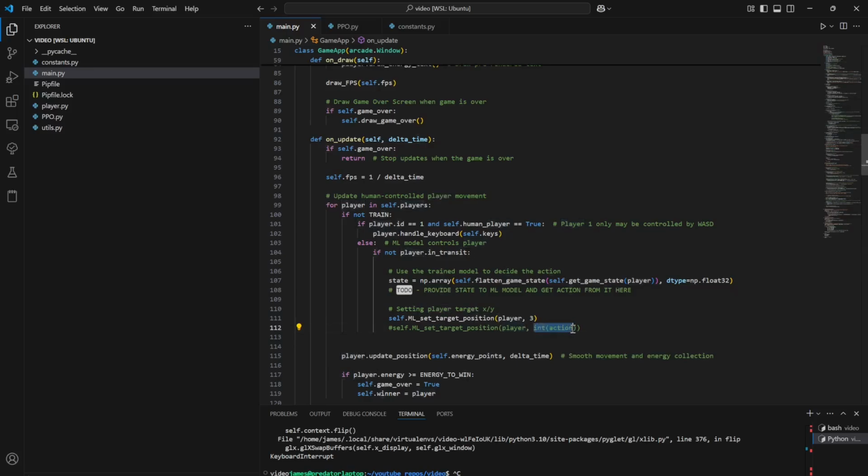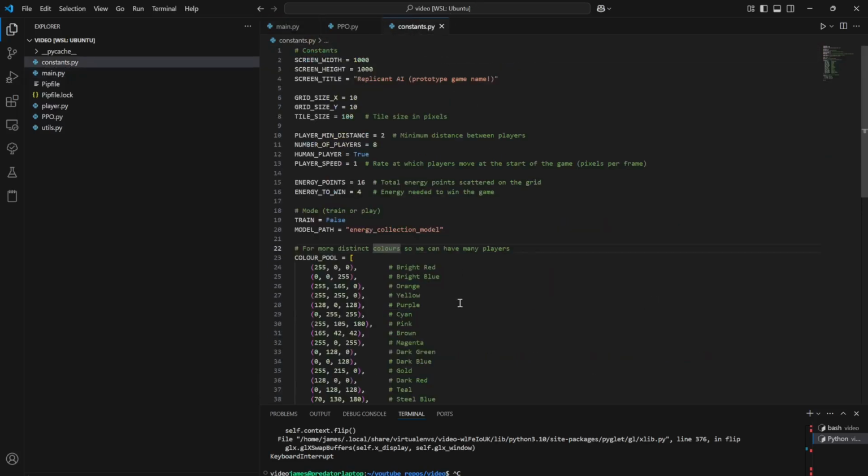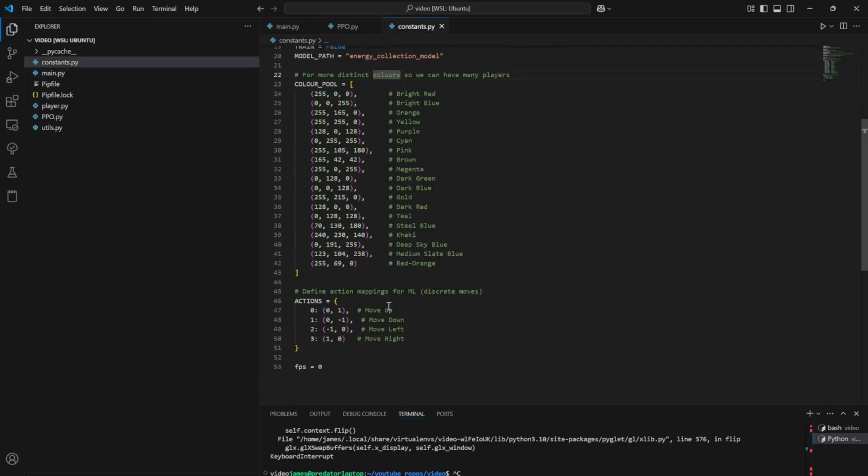And it also takes the action as an argument as well. Now we don't have an action yet because we don't have a machine learning model to create one, but we can pretend. And that's why I've created the equivalent line, an absolute duplicate, right above it, and I've just given it a number 3. So if we go to constants and remind ourselves what 3 means,